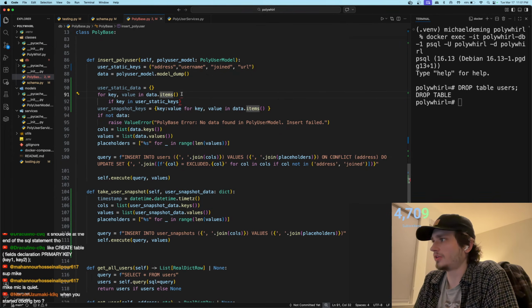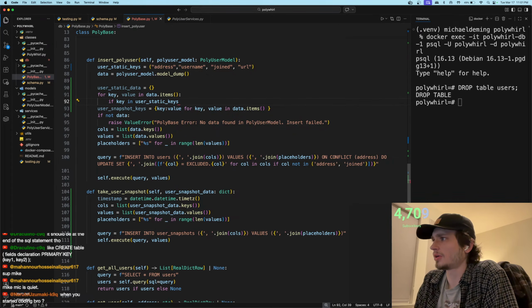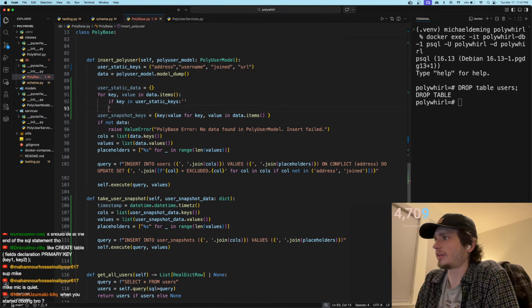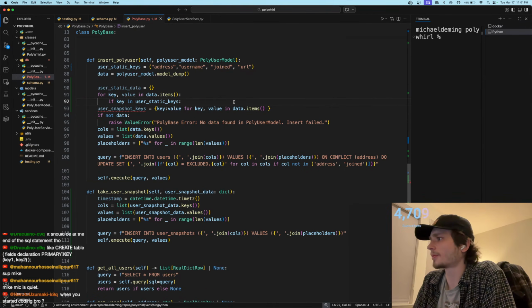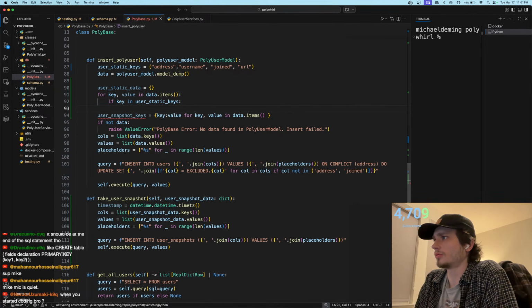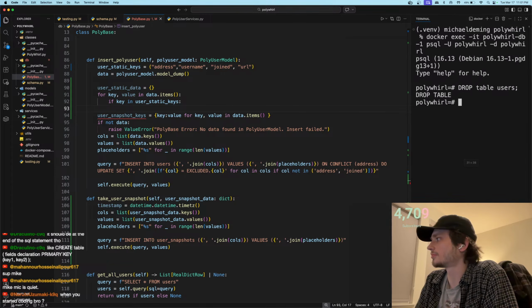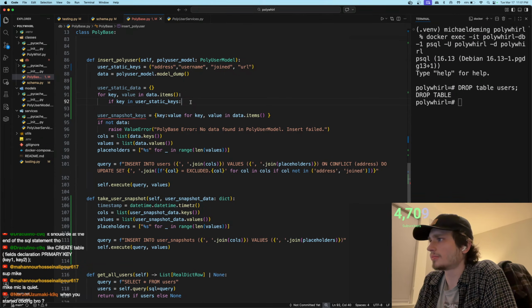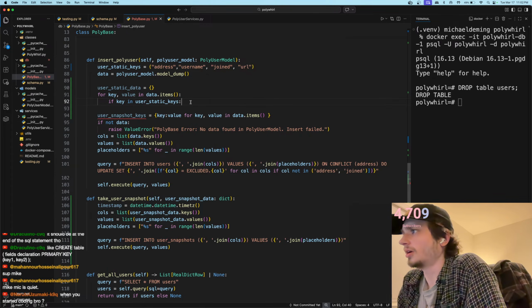I don't think we need to do a loop twice over the same data.items. So we'll say if key in static keys, then we're going to just do, if key in user static keys, then the